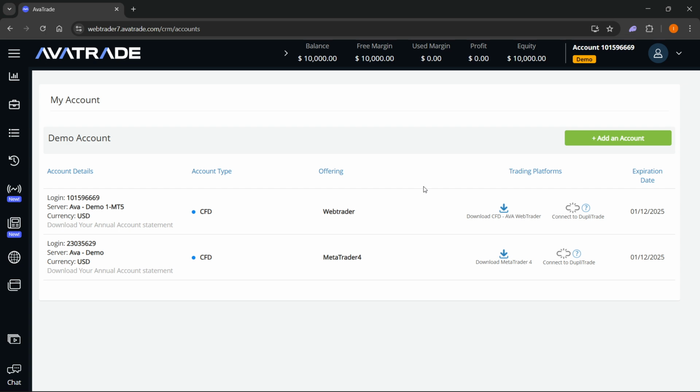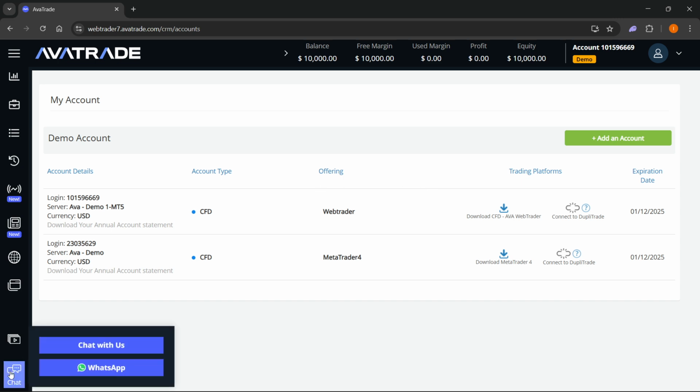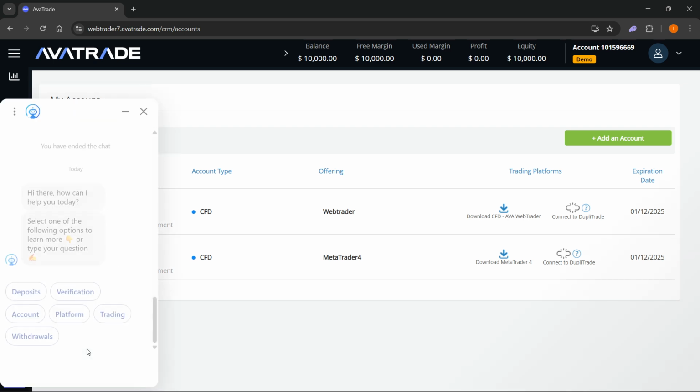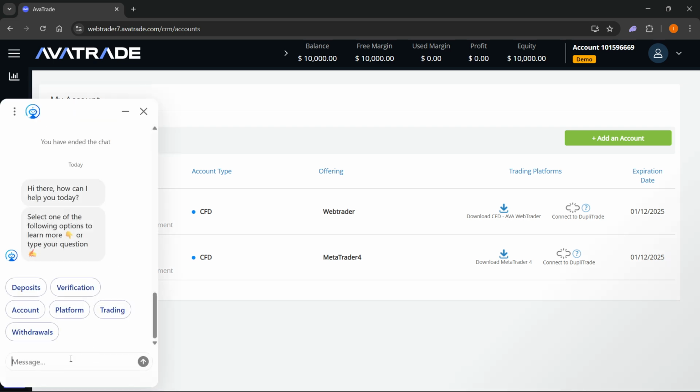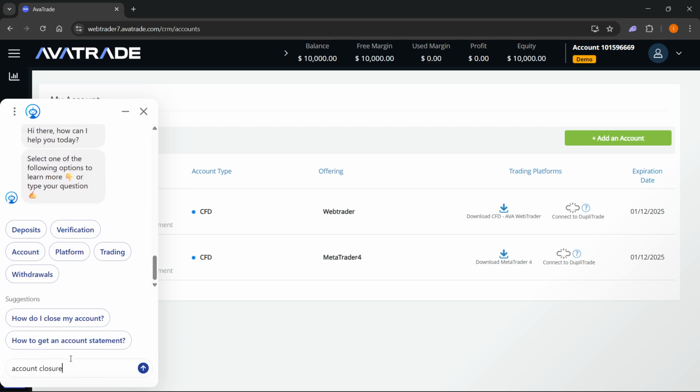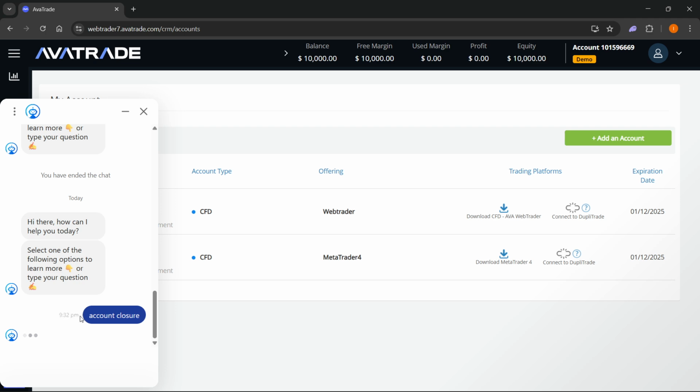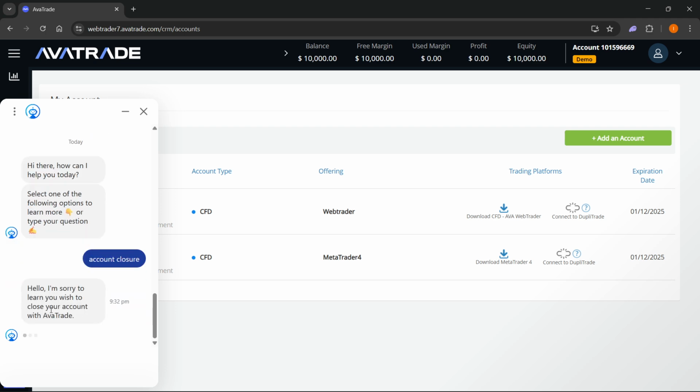However, if you actually want to delete your entire account on AvaTrade, you have to go to chat down here, bottom left, hover over it, and click on Chat with Us. After that, simply type in account closure, or something like this, okay? And then just press enter, and this bot is going to tell you, hello,